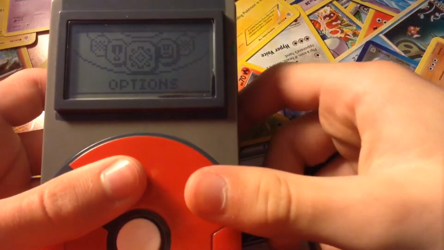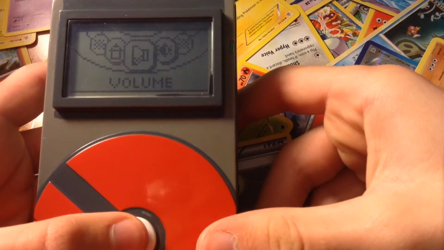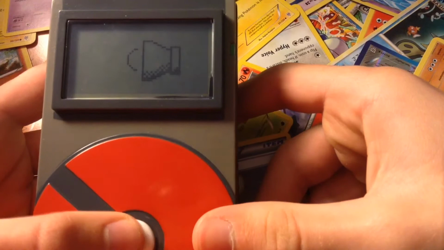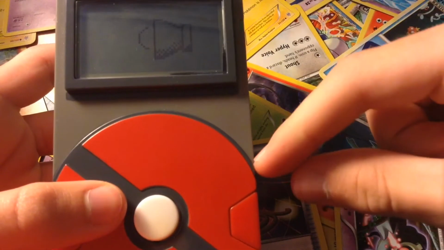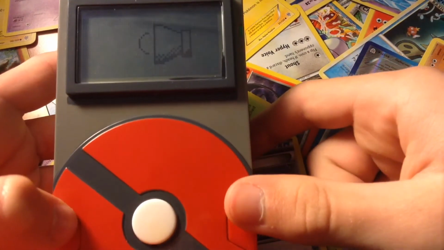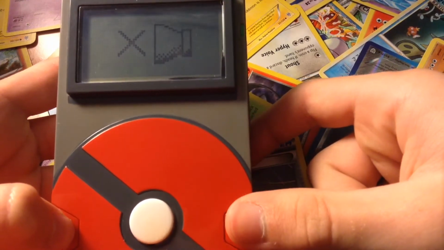Now in this options tab here, we have very limited functionality options. We have volume. This is actually the lowest setting, if you could believe that. And it goes all the way up to... Well, for some reason you press the right button to make it go up, instead of the left button, which it obviously should be. That makes it go down. But if you press the right button...